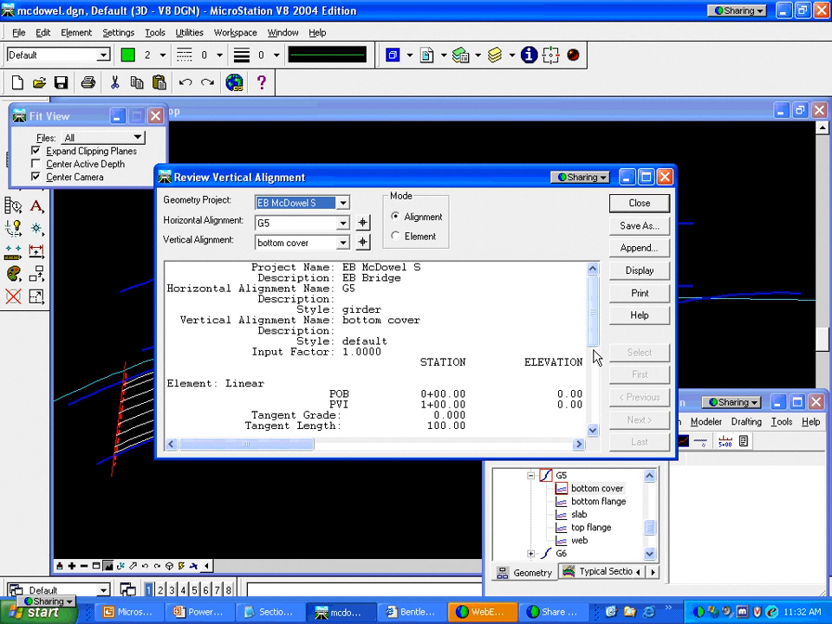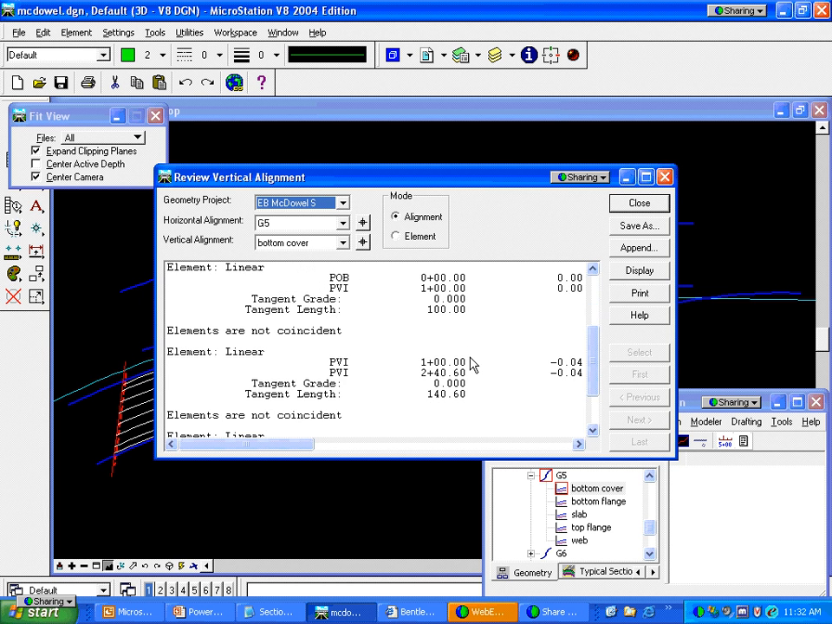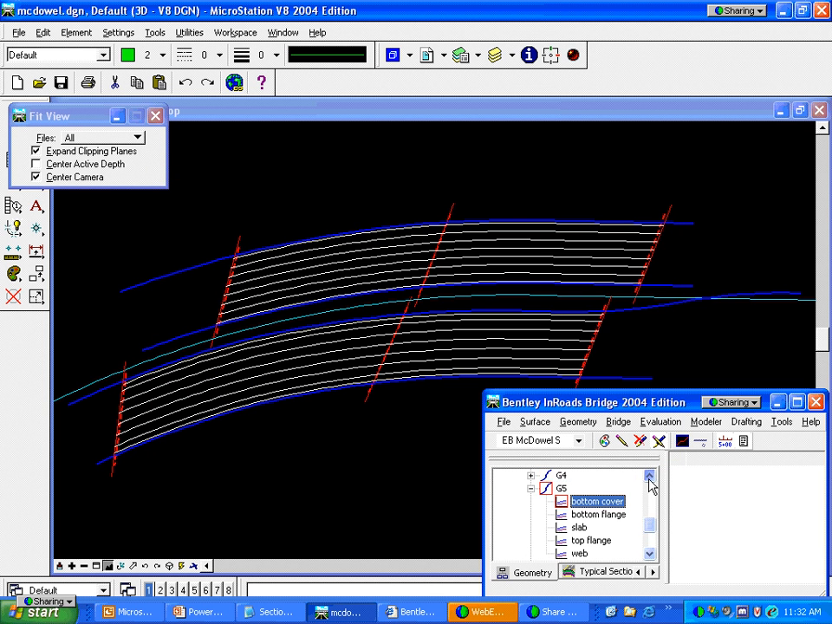Notice I did not have it for the first 100 feet or the last 100 feet, but I did have it for that. I did have the 1/2 inch there at the middle 140 feet. So that's how it's stored there. It's stored as a vertical difference alignment. So reviewing it there in the geometry is one way we can look at it. Another way we can look at it is